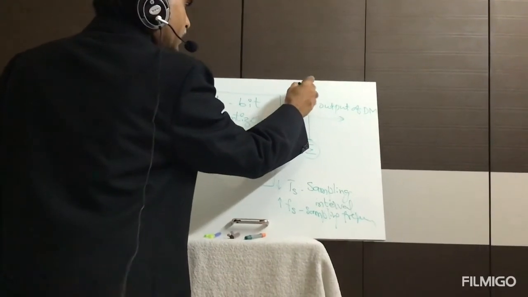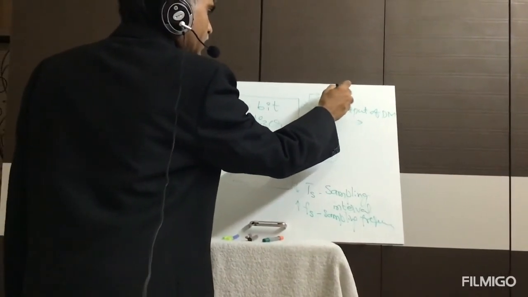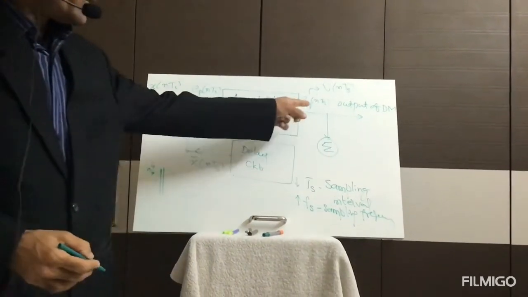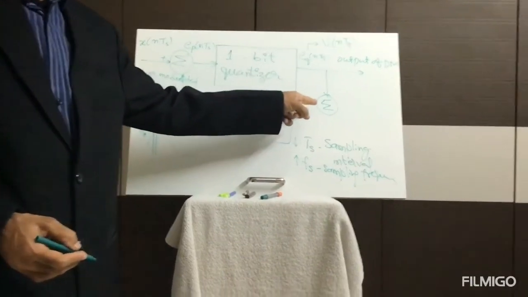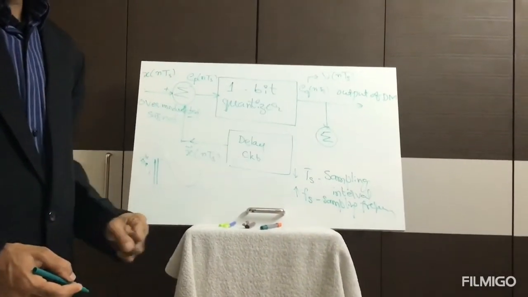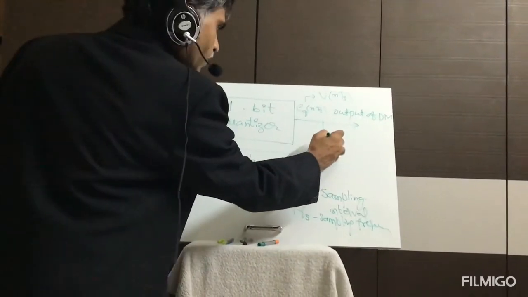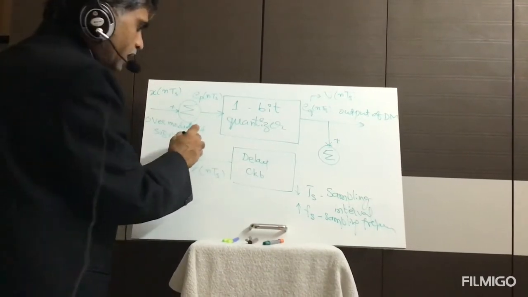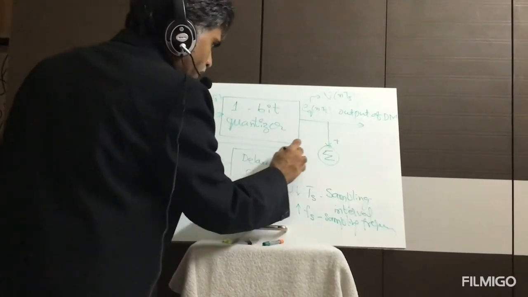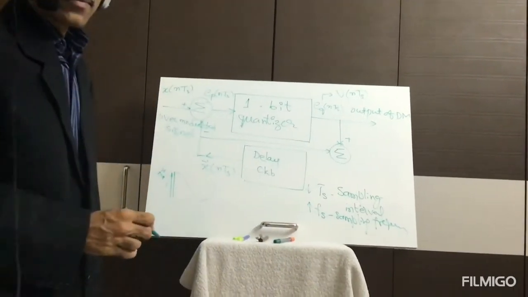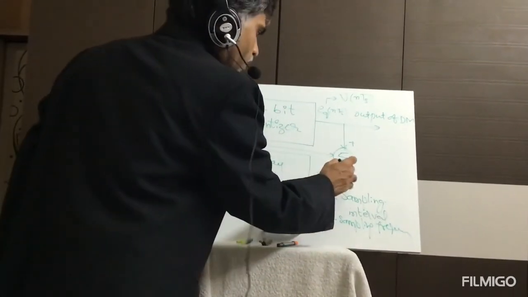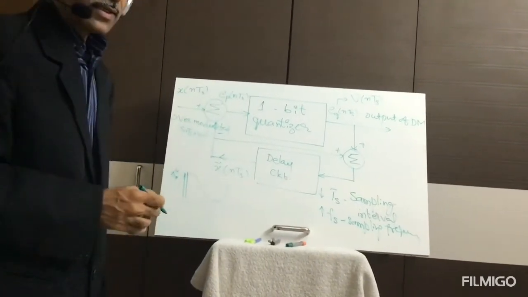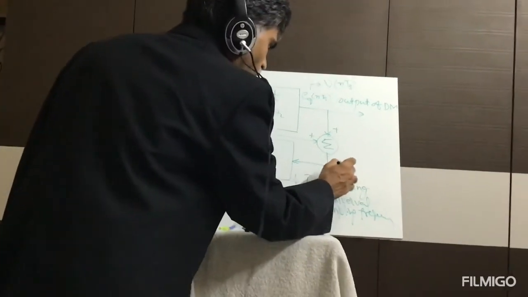This e_q of nTs is nothing but the output of the digital delta modulator, v of nTs. So that e_q of nTs, or delta modulator output, is given as one of the inputs to the summer here, and another input to the summer is this x tilde of nTs, that is the previous sample. The sum of these two will be taken, and that sum is given as input to the delay circuit. Let us indicate it as u of nTs.